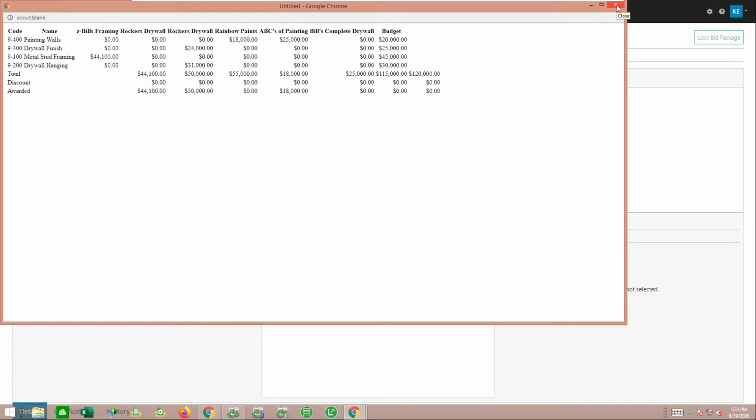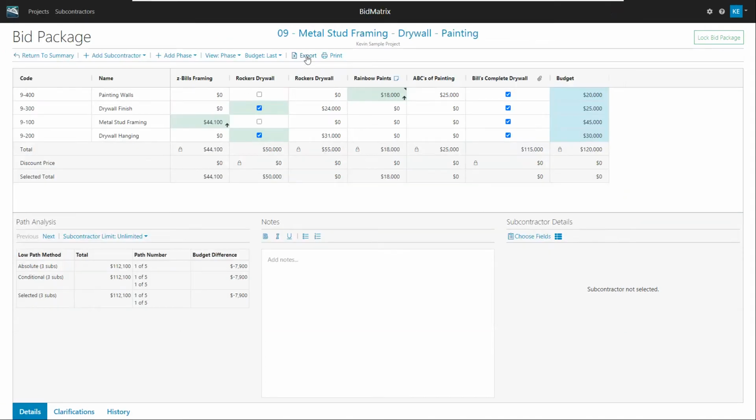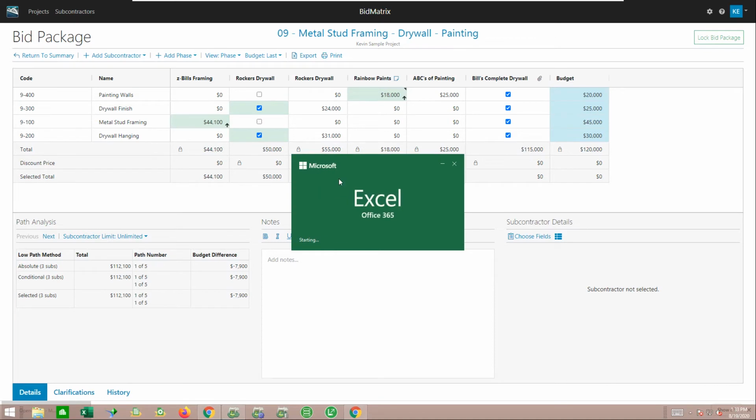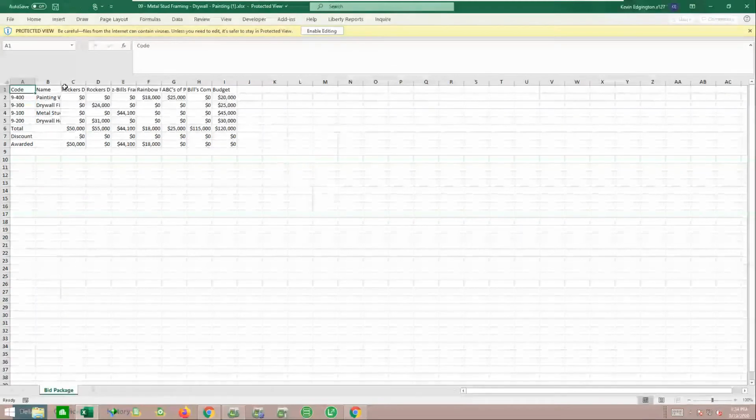Most likely what I envision is more people are probably going to use the export. It seems a lot more powerful. So that way it'll just dump it out to an Excel spreadsheet. So when I click on export, it'll basically have an Excel spreadsheet that I can open that has the values, and that way it looks like I could probably control some more of the printing and what I want to show and things like that a little bit differently.